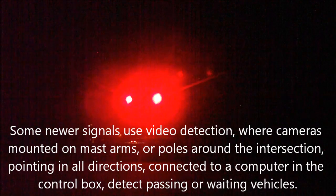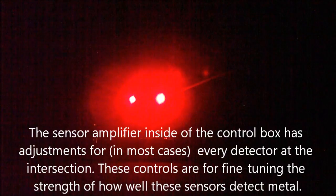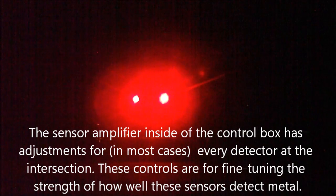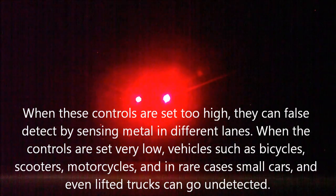Normal traffic signals use inductive loop detectors, pretty much metal detectors, to detect a waiting vehicle to tell the light to change. And in the signal control box you have adjustment controls to more or less tune the sensitivity to how well it will detect any kind of metal. When these sensors are not turned up high enough to detect a waiting bicycle or any other small vehicle, this